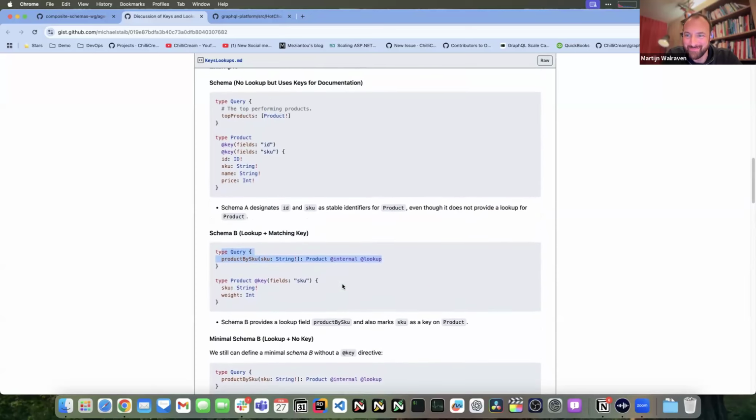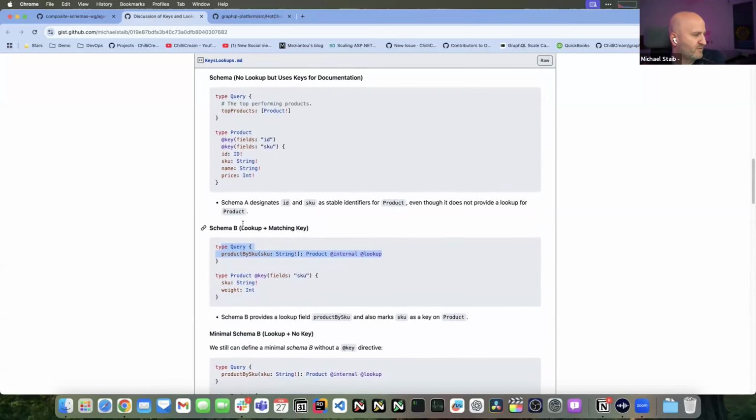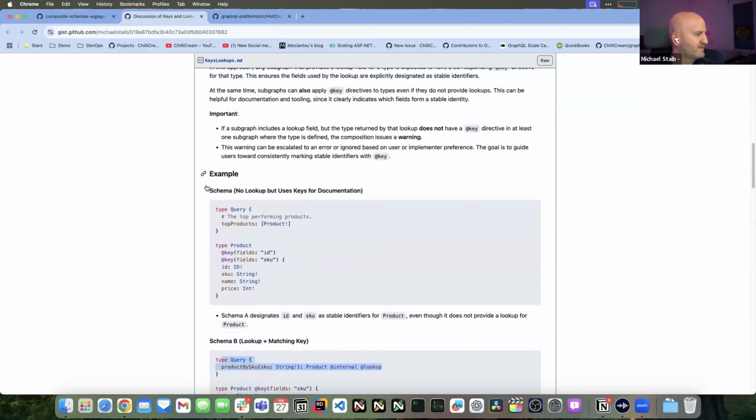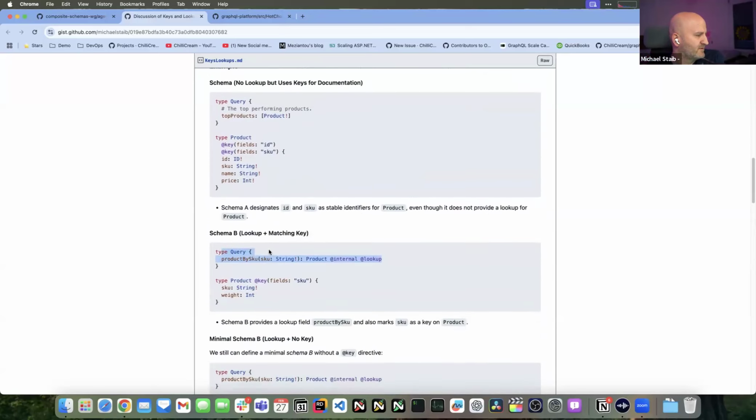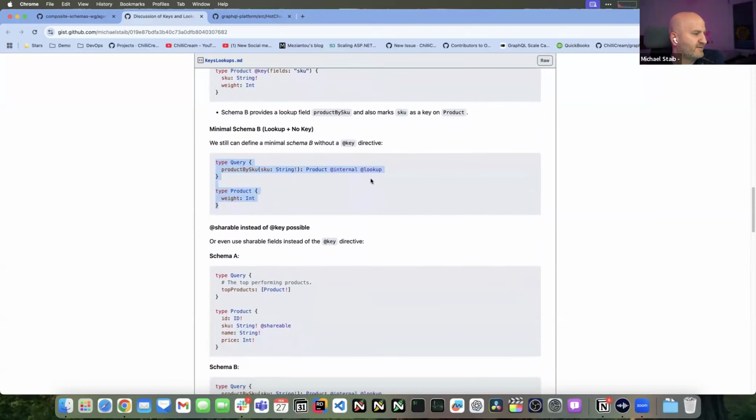Okay. And this also has a warning if you don't follow this. If you designed a lookup without a key, this is a warning which could be upgraded to an error.